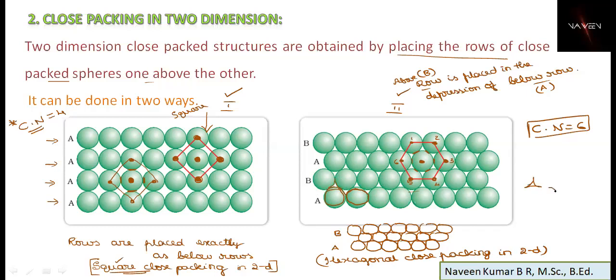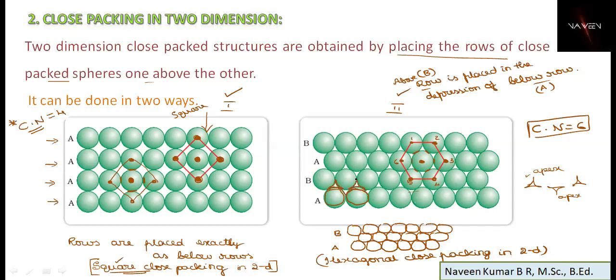So in one case, it will be above. We'll call this the apex. Apex is above, and in the other case, apex is below. Next, it will come apex above, apex below. Like this, the arrangement will go. So what I am speaking of is this space. We'll try to discuss this in detail.